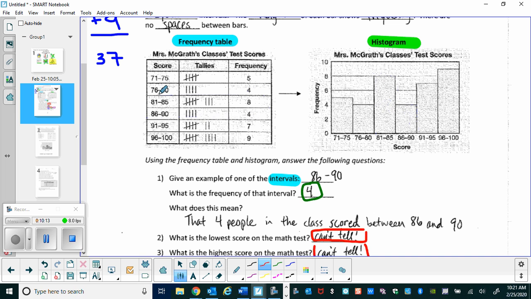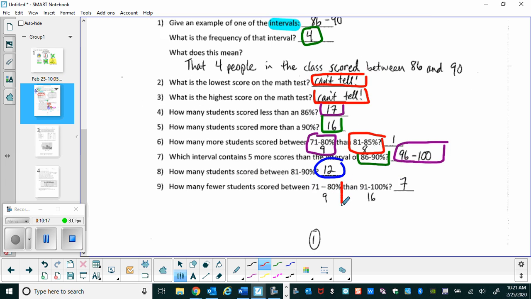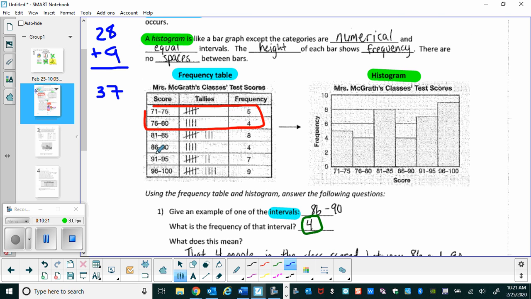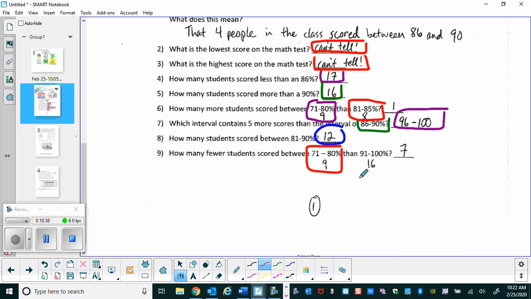All right, so 71 to 80 is here. That's where we're getting 9. And then 91 to 100, let's go up to 91 to 100. Here we go. Here's 91 to 100. So 91 to 100, we have 16 total. And 71 to 80, we had 9 total. So when it asks how many fewer there were in this category than in this category, there were 7 fewer